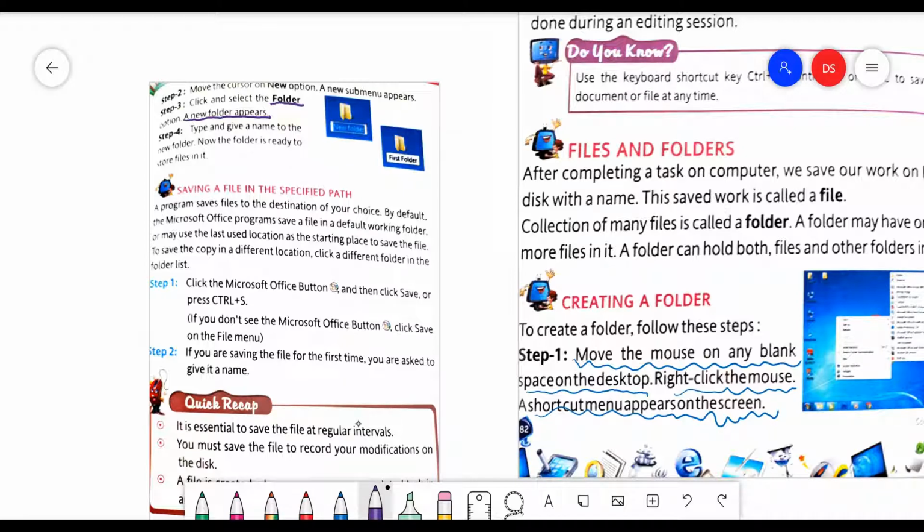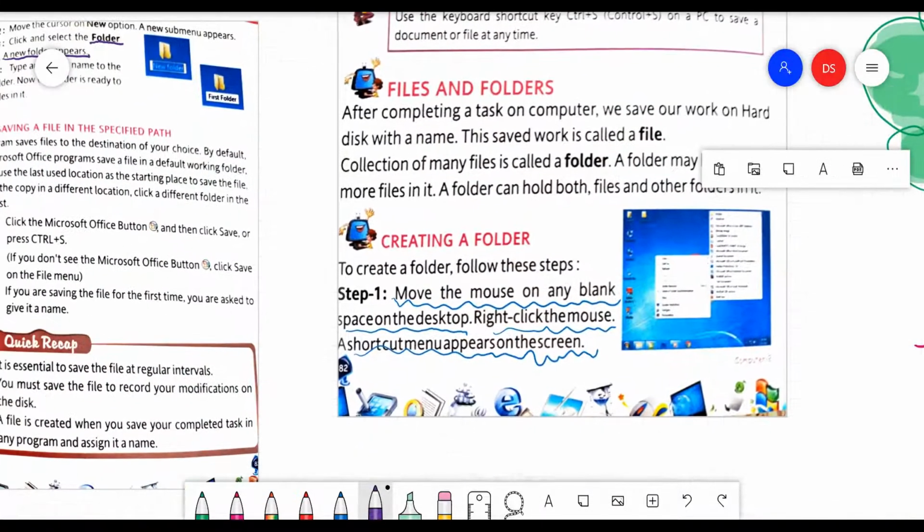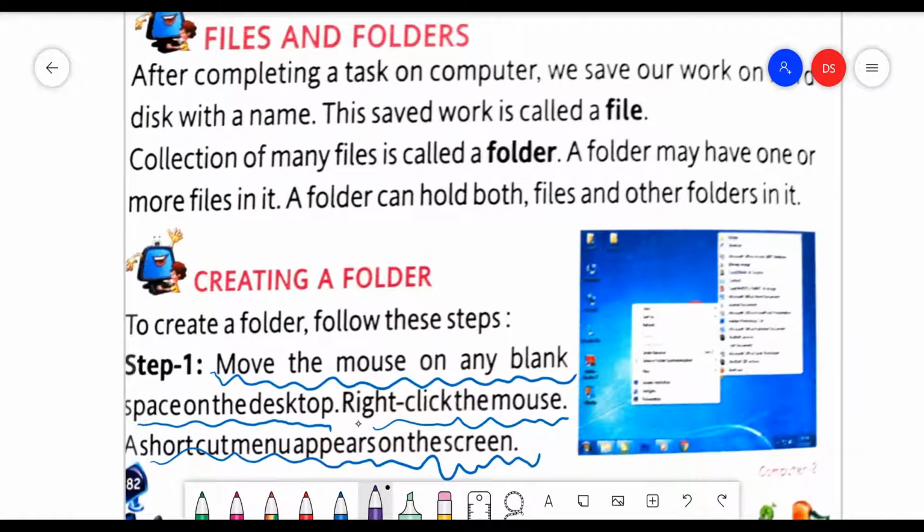Now the folder is ready to store files in it. Simply, in 4 steps, we can create a folder on the computer screen. I am telling you all the 4 steps in simple language. In the first step, come to the desktop on the blank area and click the right mouse button. Then a window will open on the desktop where there is a New option. You will click on the New option. Then you will find the next option, that is Folder. You will click on Folder and an empty blank space will be displayed on the desktop